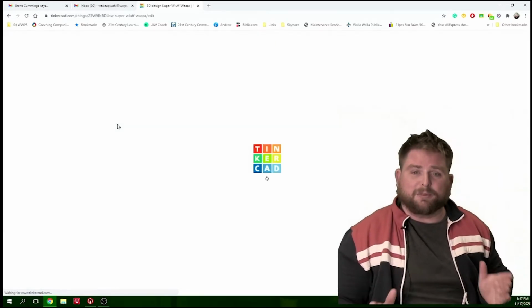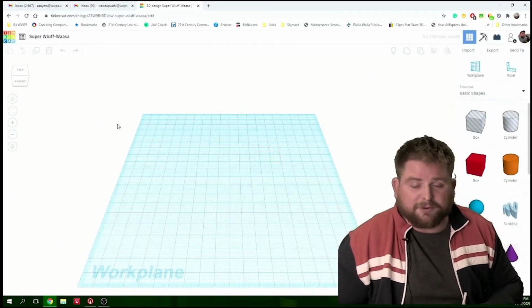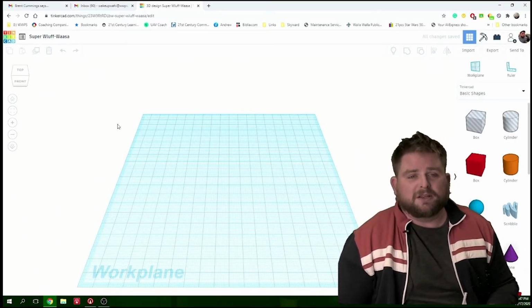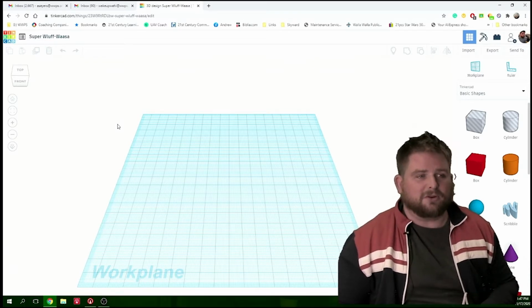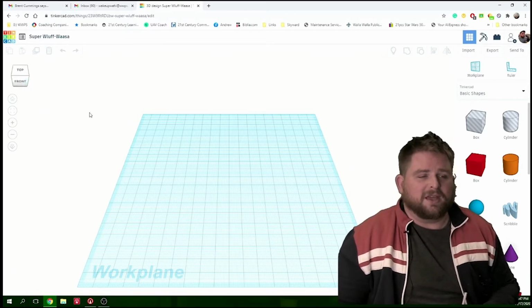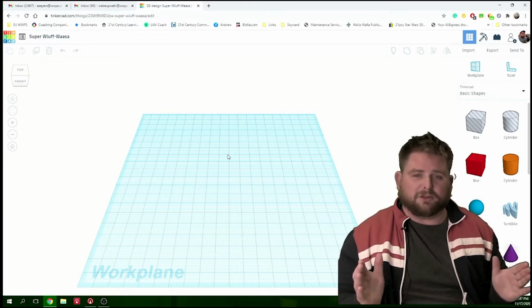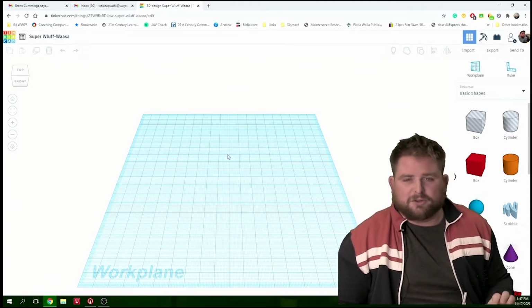So remember, we're making a bobblehead. We're not trying to make a perfect representation of somebody, but I'm going to show you the basics on how to do 3D design, and here it is. So here you see this blue plane is called the work plane. That's also what we call a 3D printing bed for 3D printing, but let's just call it a work plane